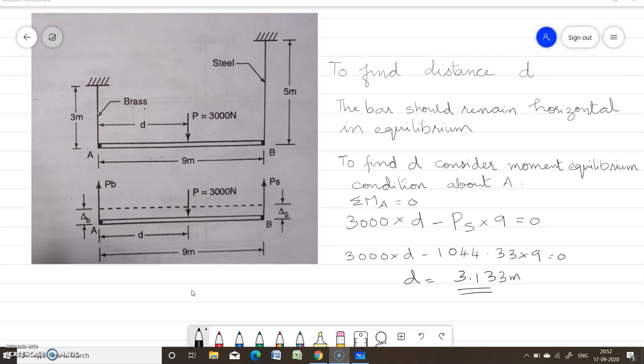So what are indeterminate structures? The structures whose unknown forces cannot be obtained using the three equations of static equilibrium are known as indeterminate structures. There we will have to use some compatibility condition, that is, the deformation will be the same, and you can apply the equations of static equilibrium. Okay, so this type of question will usually be asked.